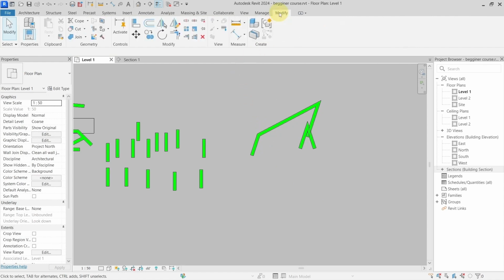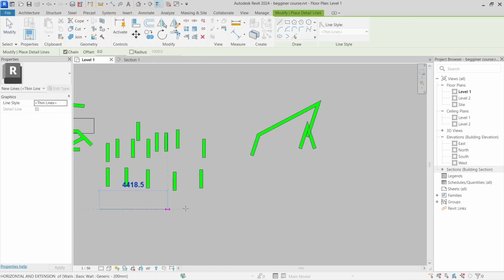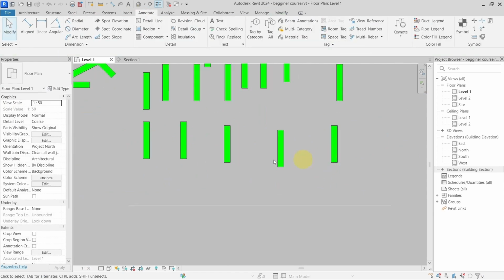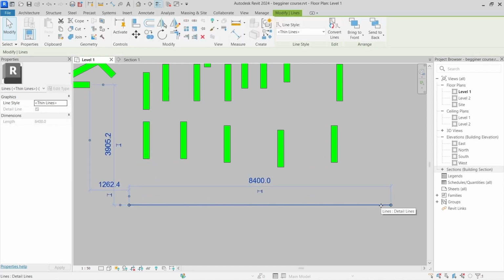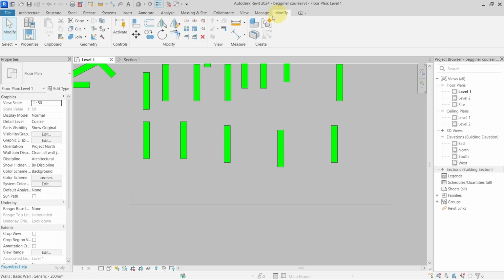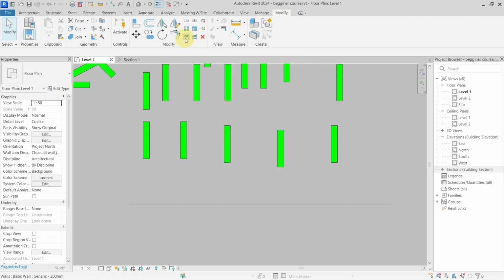Okay, so let's go back to our modify tab and let's draw a detail line here. And let's say that I want to have all of these walls be in the length that they will be touching this detail line. So if I go to my modify tab, I can use a command here to trim extend single element or trim extend multiple elements. If I go with the trim extend single element,